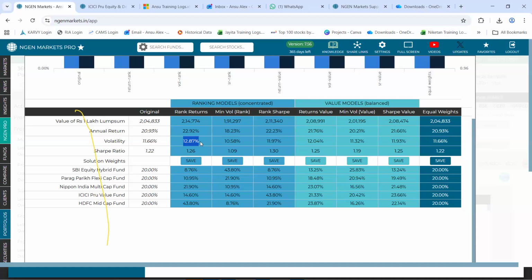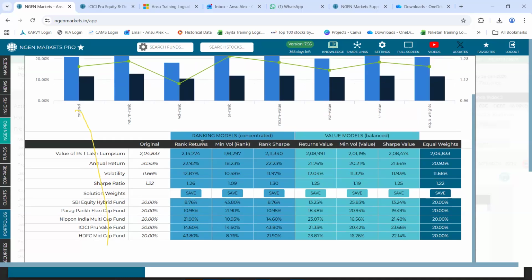Now, how was this increase in return possible? This was possible when 43% was given to HDFC Mid Cap and exactly half of that, 21%, was given to Nippon Multi Cap Fund. Now, why did it specifically select and give the highest allocation to HDFC Midcap followed by Nippon Multicap?